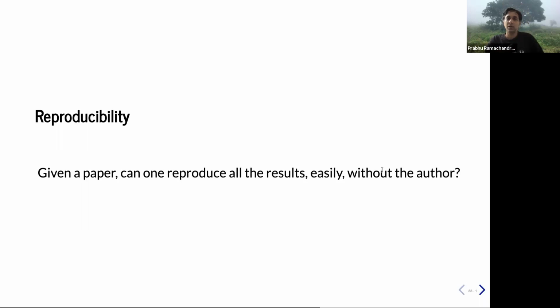One very important thing that is missed out very often is the aspect of reproducibility. So a lot of people will have published papers, they'll have a lot of very interesting results. But one big problem is that supposing you're given a paper, in fact, this is a good exercise for you to do. Pick a publication, some reputed journal publication. Ask yourself the question, can you reproduce all of the results without the author being present, as in without any communication with the author? You will find that 99.9% of the papers will not be reproduced, which means there's no way you can reproduce that paper without the author sitting next to you. Okay? And even the author may struggle after a few years, right? That's the reality.